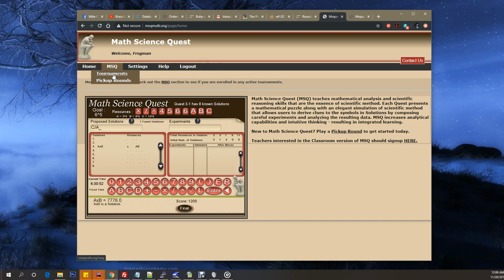The tournament area under MSQ is not to be confused for an area where a teacher would go to create a tournament. Only teachers have this ability, and for teachers, they will create tournaments in an area called directors, which of course is not seen on our screen because Frogman is not a teacher. Now that we know why the word tournament appears in the MSQ dropdown, let's go into our pickup area by